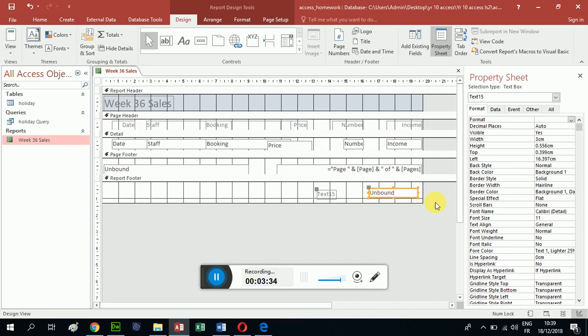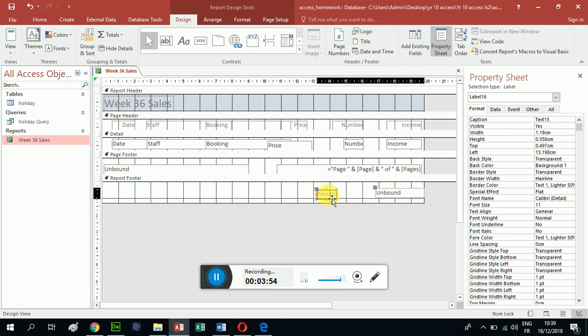So in our instructions it says that it calculates the total value of the income field, displays this at the end of the report under the income field values, formatted as currency with 2 decimal places. So that looks good. It looks like it's under the income. And now in this text box, I'm going to type